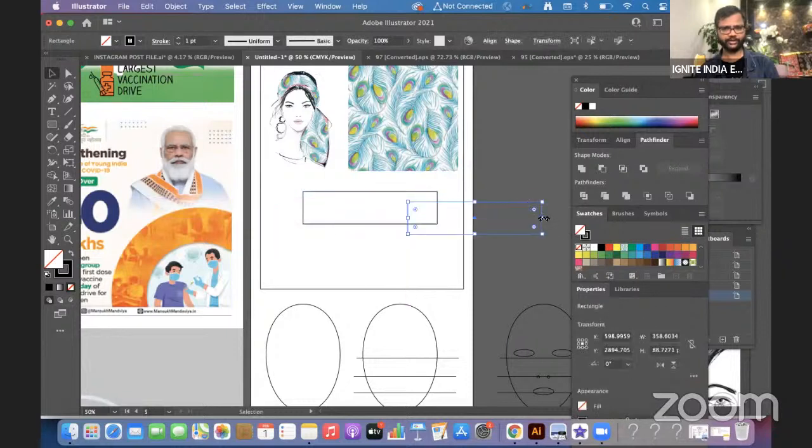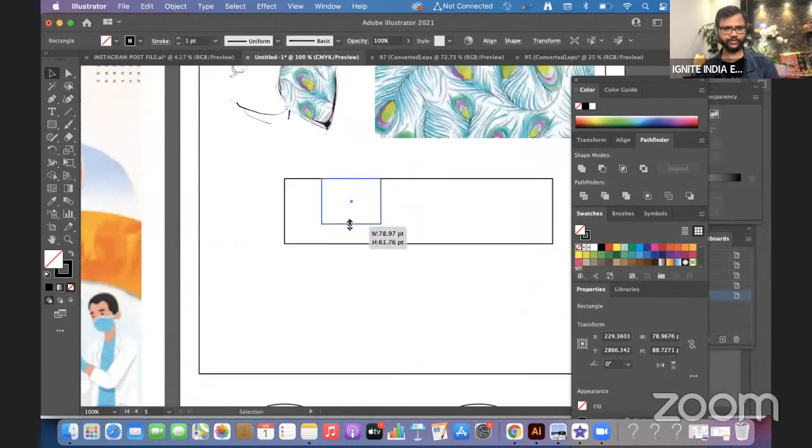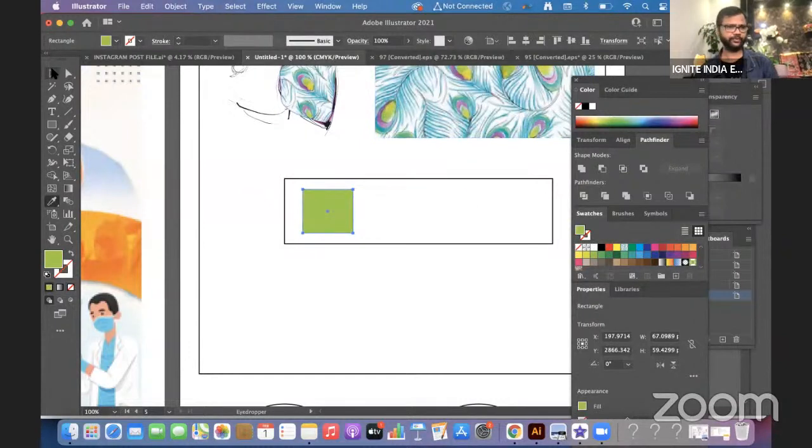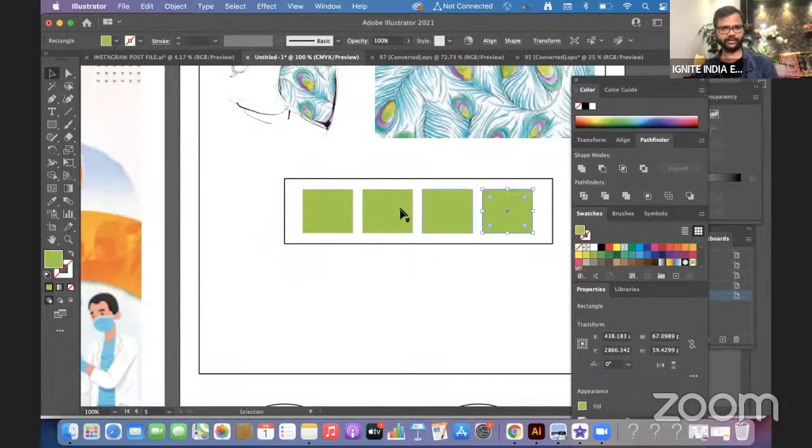And then you can write about your client. Make a nice palette, maintain the distance, everything. These are the colors which you have used.